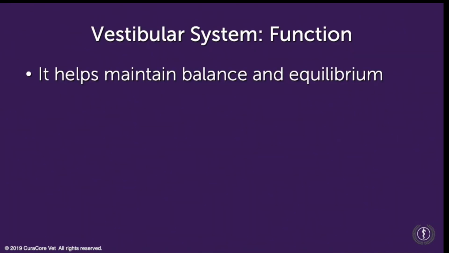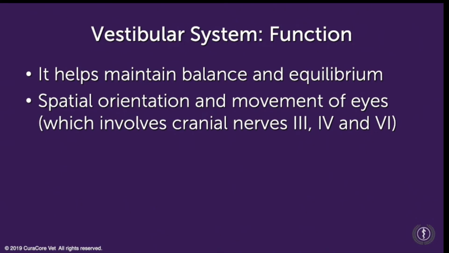So the vestibular system functions to help maintain balance and equilibrium. And when we talk about our balance, there's 2 other additional systems that are involved, and that's the vision and proprioceptive system. So whenever the vestibular system is broken, then we rely more heavily on vision and proprioception. And that we need to keep in mind, and that will apply to some of the interventions that I recommend to use managing dogs at home. The vestibular system also helps to provide spatial orientation and movement for the eyes, and it coordinates with some other cranial nerves, 3, 4, and 6, to help with eye movement.